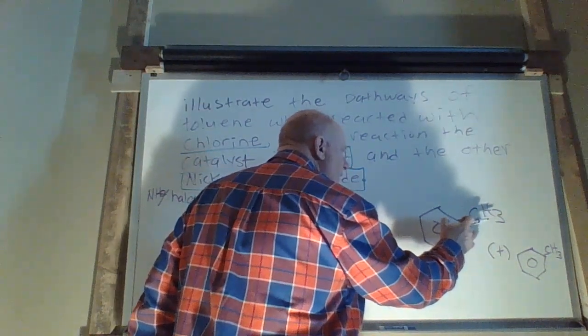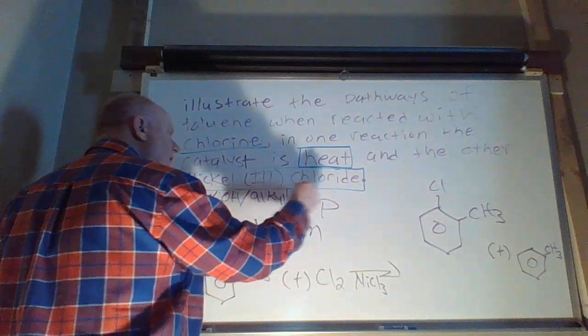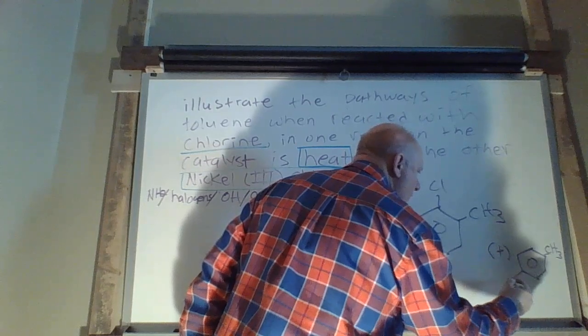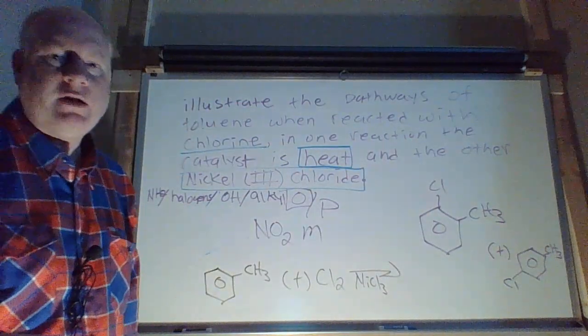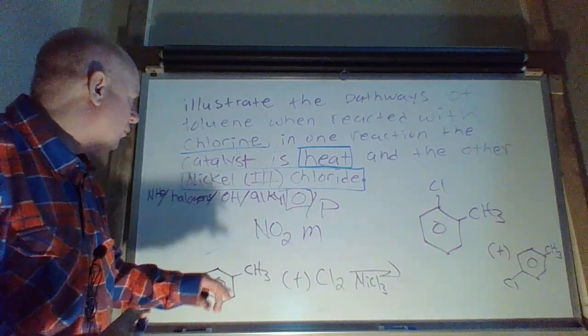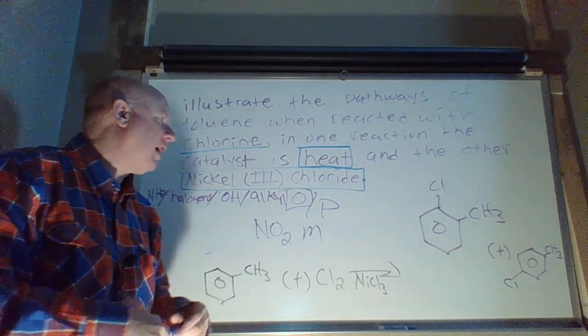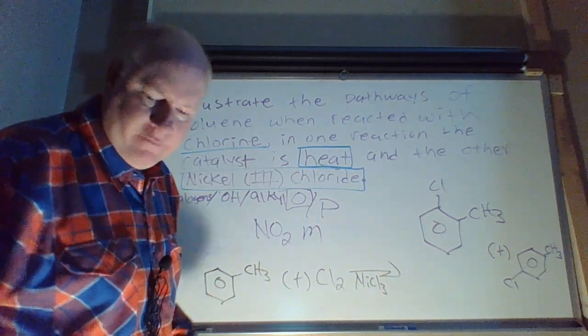So however it is you want to react this with or attach it, here is where one would go because it's in that ortho position. And the para position is just straight across where you would write it, like so. Those are the two products that you would get for reacting, or chlorinating, toluene with a metal catalyst. Okay, so maybe just a couple of